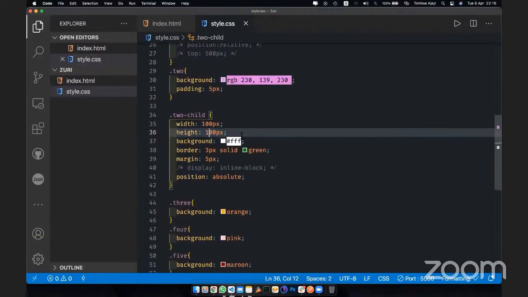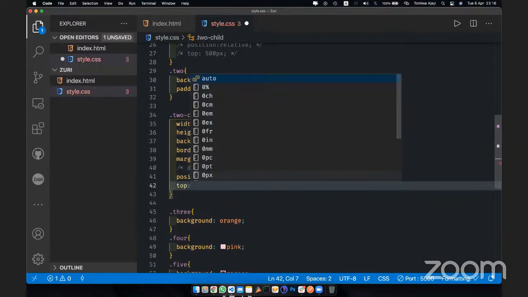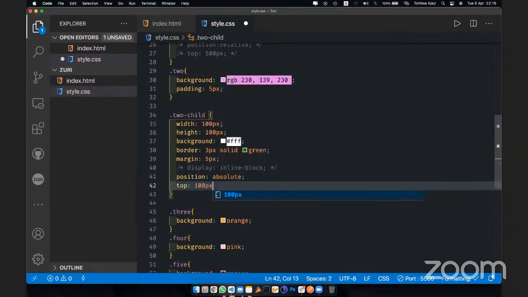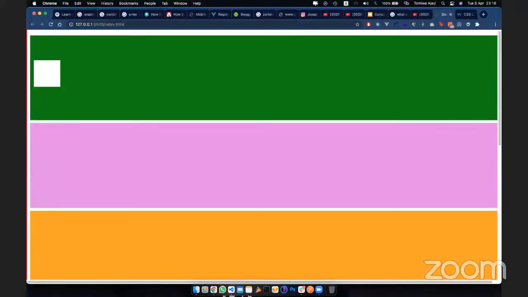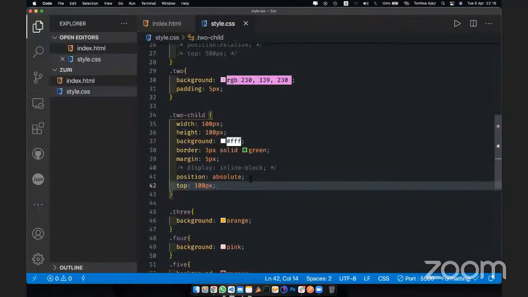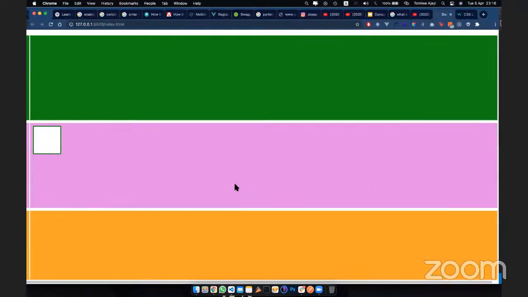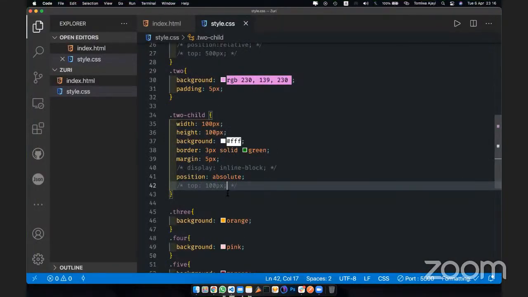So if I set to child position absolute, if I set top, okay, I think I know what's going on now. If I set top to 100 pixels, exactly. So it's working as I expected it to work now. What happened was that I had not yet set a top, bottom, left, right parameter. Setting position to absolute doesn't do anything until you actually set your top, bottom, left, right values. That's what was going wrong. So setting top, that means I want it